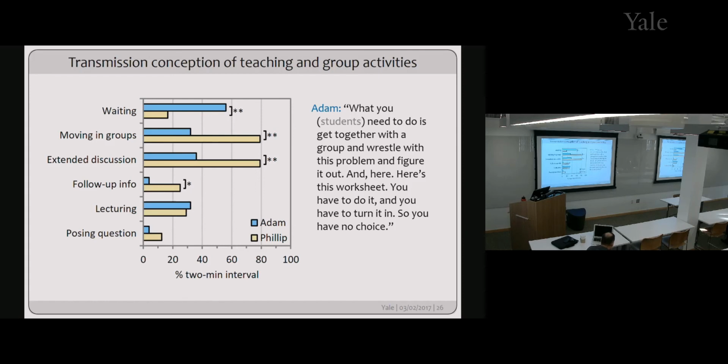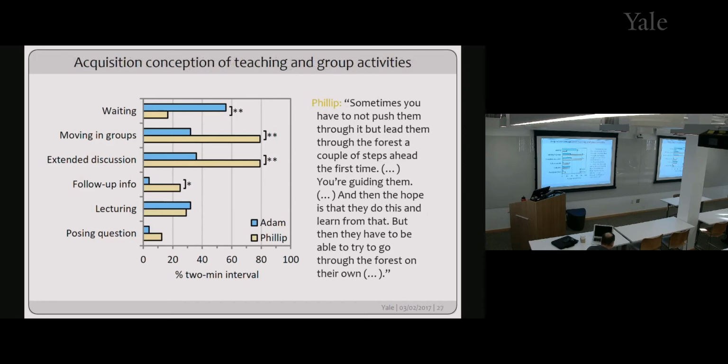So even though it looks like he's doing a lot of interactive things, he's still sort of retrofitted the idea of active learning in that transmission conception. Whereas Philip is the one who talked about the forest. So he's the one who's guiding students through the forest. He spends a lot of time moving around and talking to them. And the goal of guiding them through the forest is that they can walk through the same forest again. So it's sort of a metaphor for learning the material and concepts and skills in the field that's already known. So this is acquisition, but not really developing new ideas.